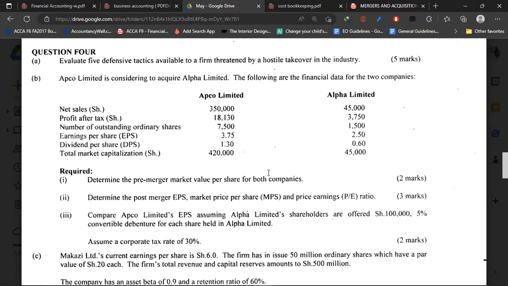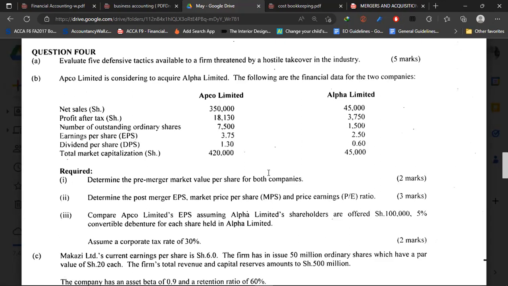All right, question 4B, right? 4B, yes. I'll read. APCO Limited is considering to acquire Alpha Limited. The following are the financial data for the two companies. We have APCO Limited and Alpha Limited. We have net sales, profit after tax, number of outstanding ordinary shares, earnings per share, dividends per share, total market capitalization. Required,